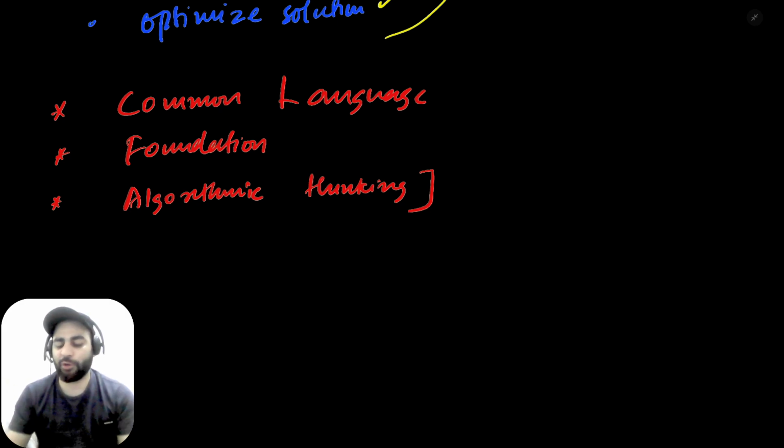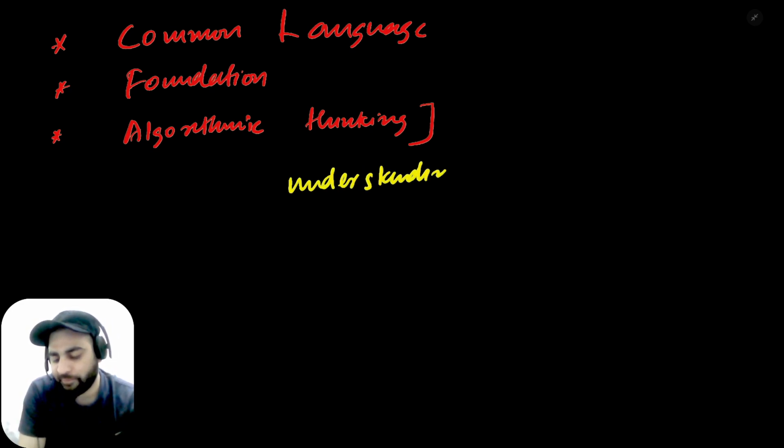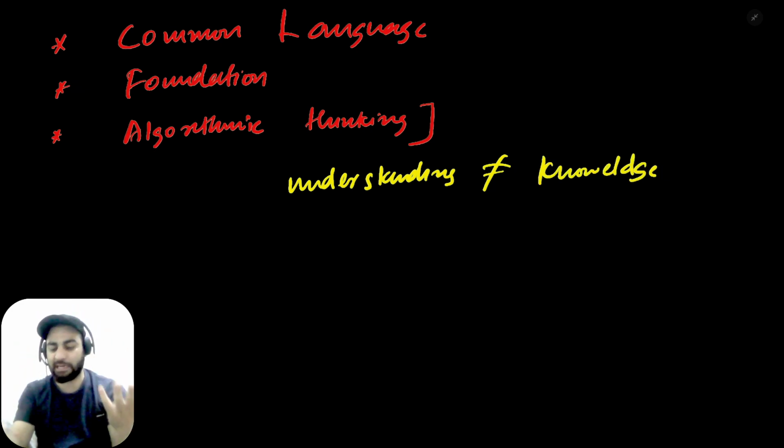Now, if I tell you, okay, 1 plus 1 is 2, can you have an algorithm, or can you make a computer understand this 1 plus 1 is 2? You have to go to the nitty-gritty details, to the nuts and bolts, so you understand yourself. For example, and I usually say this: understanding is not equal to knowledge. If somebody has knowledge of something, it doesn't mean he understands the thing.